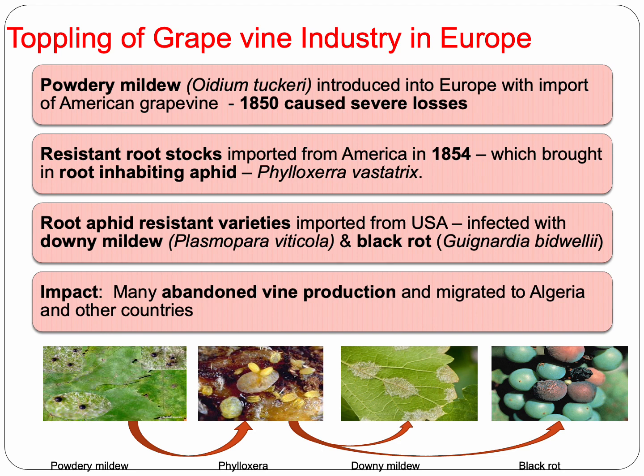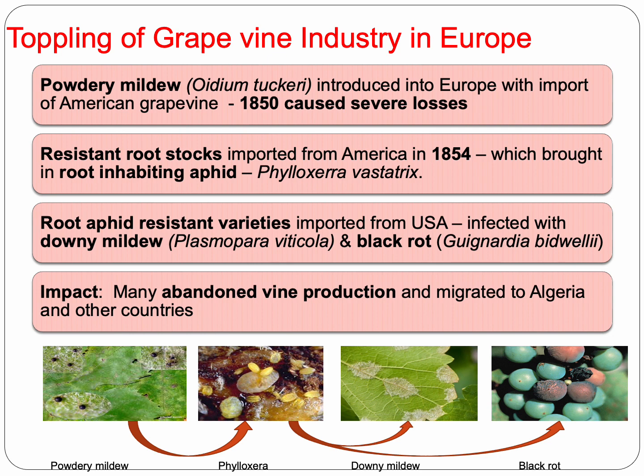Let us discuss another example, that is the toppling of the grapevine industry in Europe. As we know, powdery mildew, caused by Oidium tuckeri, was introduced into Europe with the import of American grapevine, and it caused severe losses during 1850. To solve this problem, resistant rootstock was imported from America during 1854, which was unknowingly found to be infested with the root-inhabiting aphid,